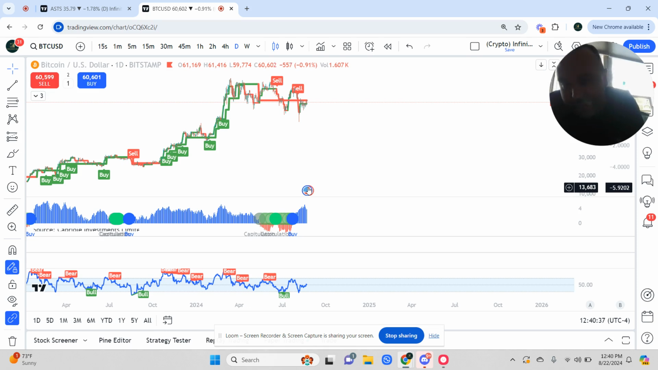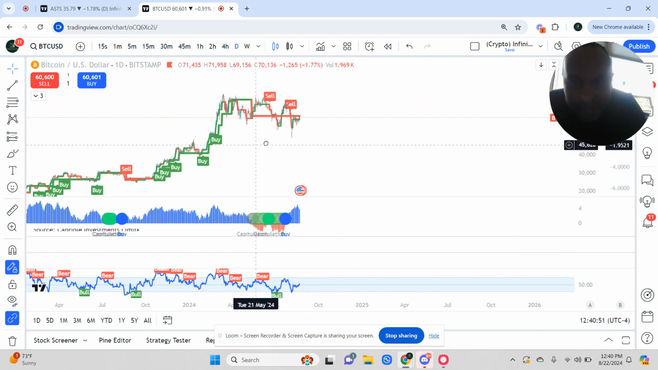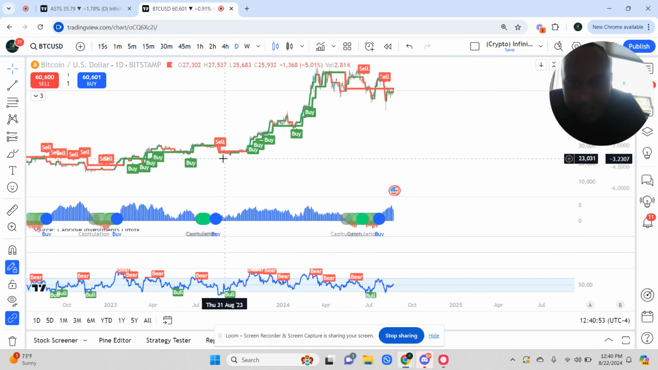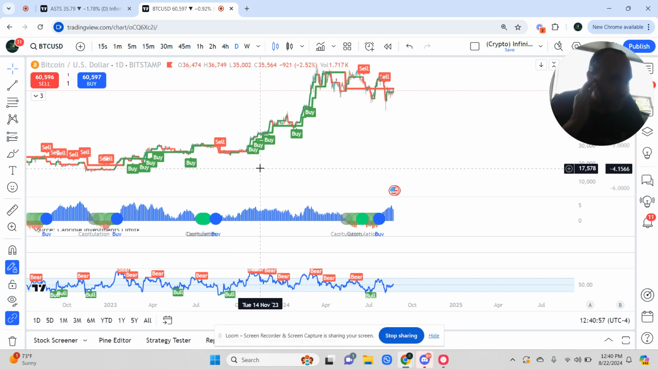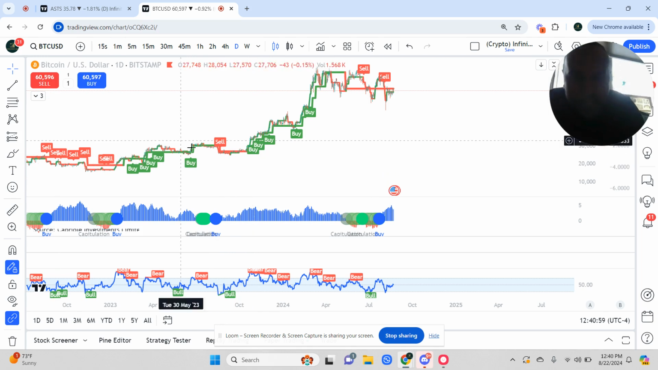We can assume that 90% of the time, you're going to get capitulation and a buy signal, and then a move up. So in my opinion, what am I waiting for? Why don't I just enter here? Well, I have another tool. I don't have just this one indicator. I have my